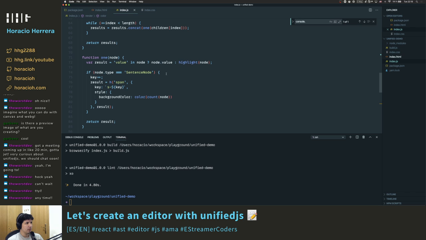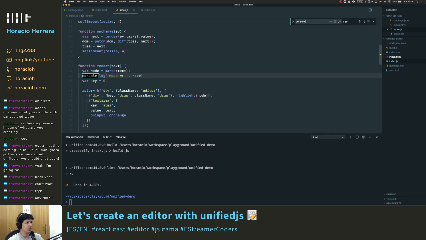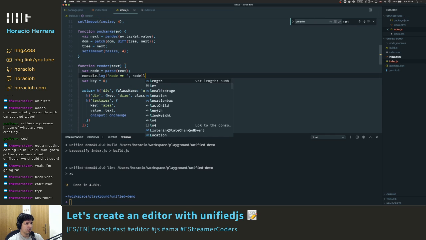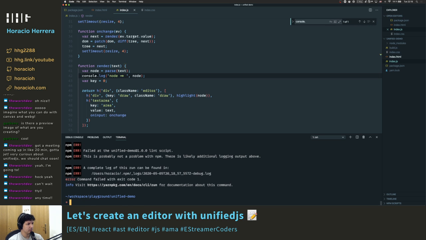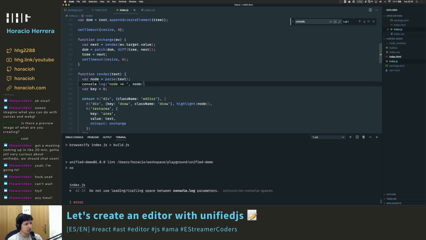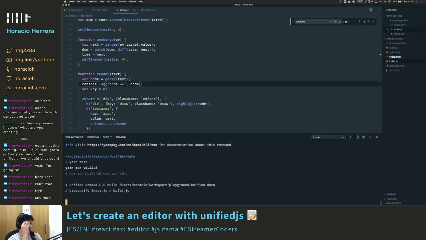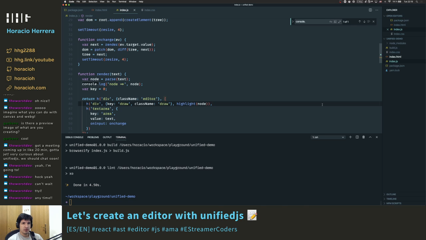And now, where is it? Of course, semicolons. If not, this is gonna complain. What did I miss? Difference leading between console log and parameters. I don't have any leading. Oh, space. Wow. Okay, now